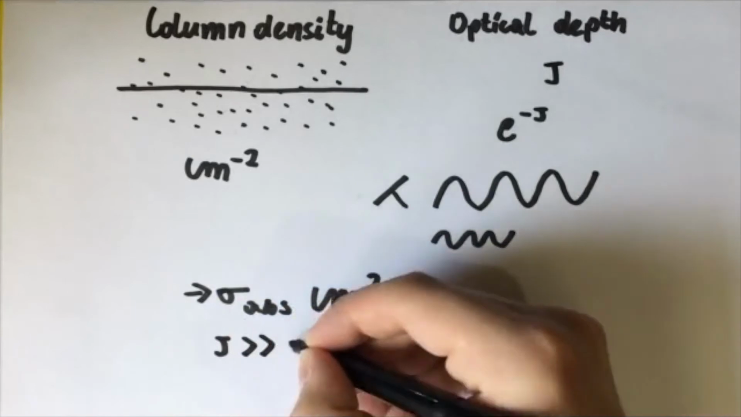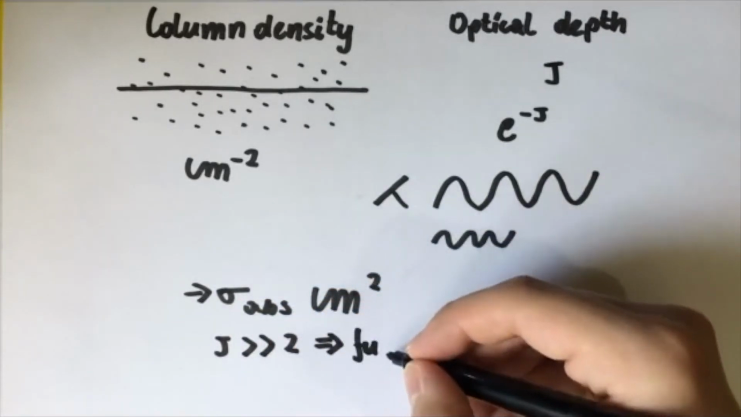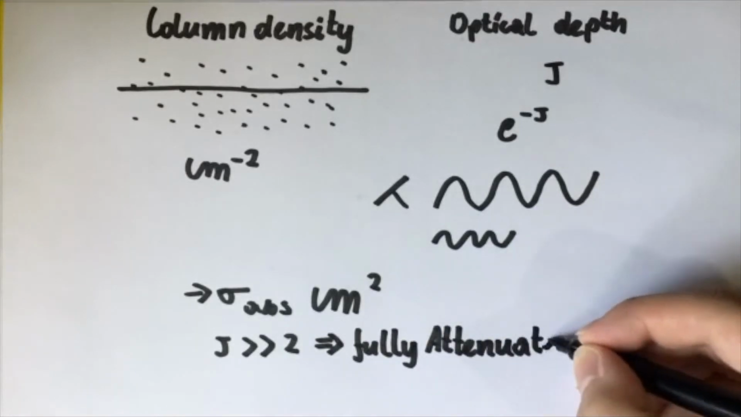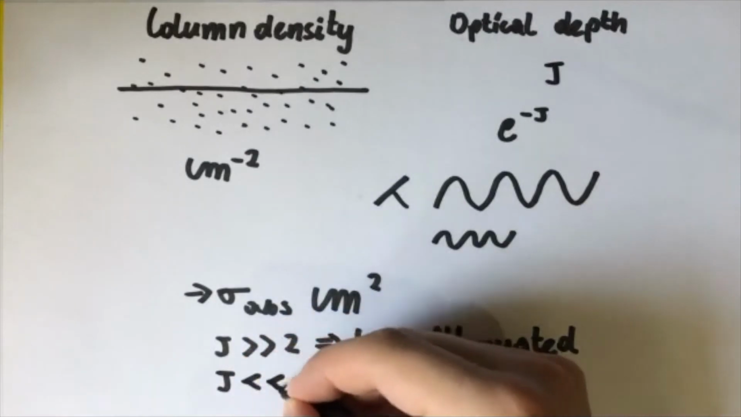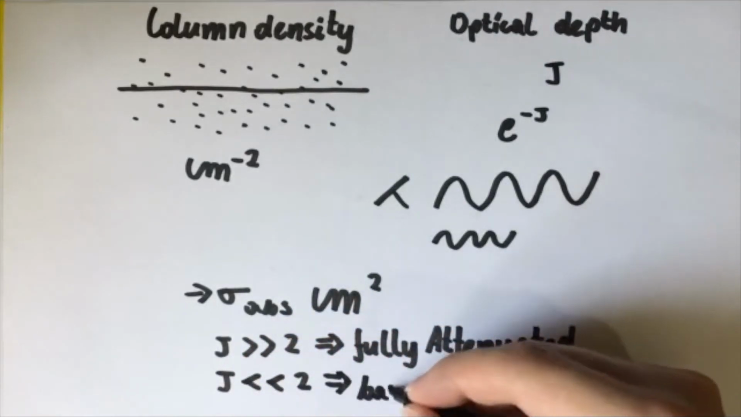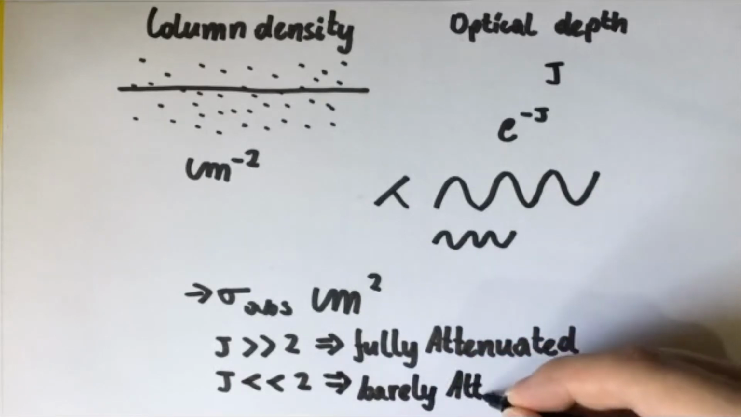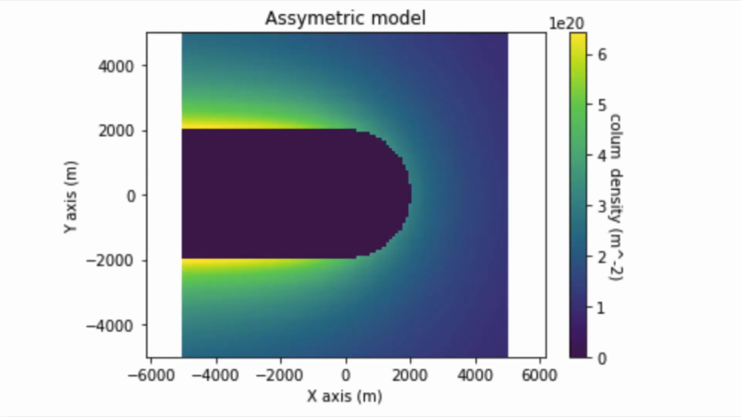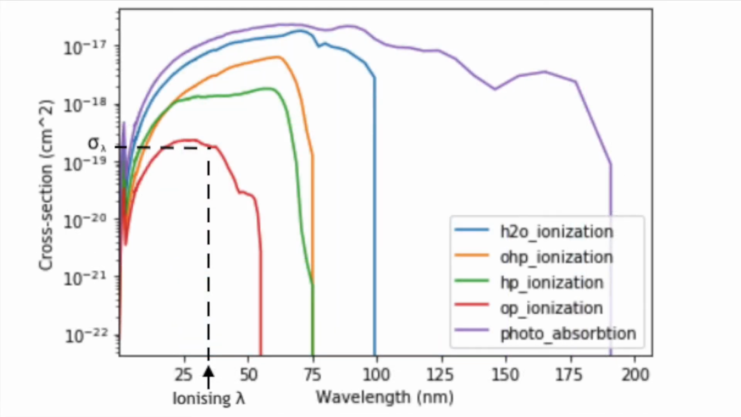Then for an optical depth bigger than 2, we can talk about the fully attenuated coma, where no light passes through the coma, and for low values we have the so-called weakly attenuated coma, where we can calculate it from the exponential. So if we look at an example of this column density of the asymmetric coma, and then we look at the sigma values measured in the lab, and let's say we focus on some arbitrarily chosen value such as 30 nanometers,